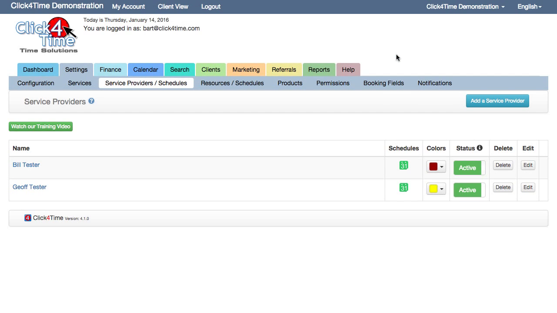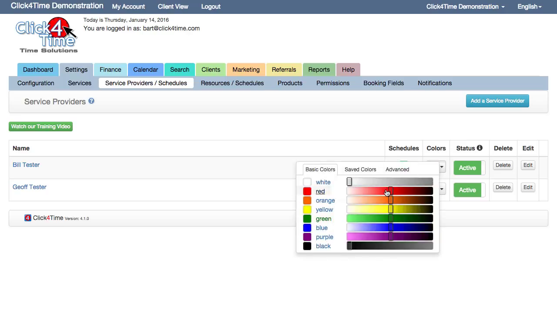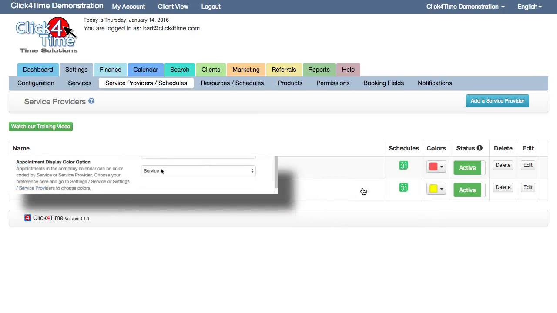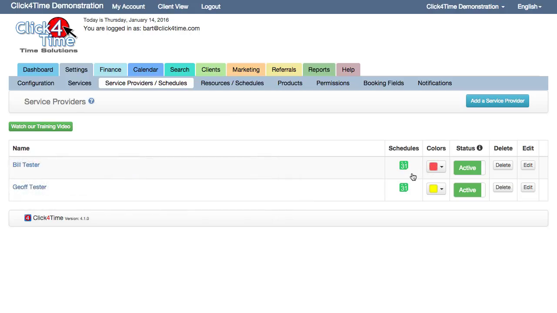The appointments assigned to deactivated or deleted staff will remain on the calendar though, and in reports for further access. You can also set a display color for the appointments on the company calendar. Although this color would only be displayed if you have selected to display appointments by service provider color in the General Settings Advanced tab. The default is to display appointments by service color.